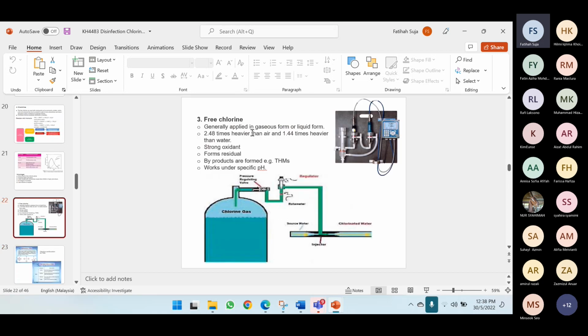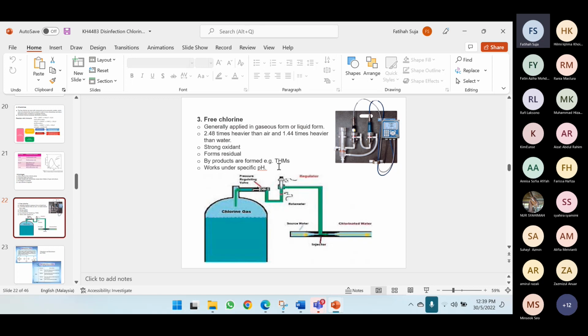Okay, free chlorine is generally applied in gaseous form or liquid form, 2.48 times heavier than air and 1.44 times heavier than water. It is a strong oxidant and forms residual. Byproducts are formed, for example, trihalomethane. So this trihalomethane is very toxic, so we have to be very careful when you use free chlorine